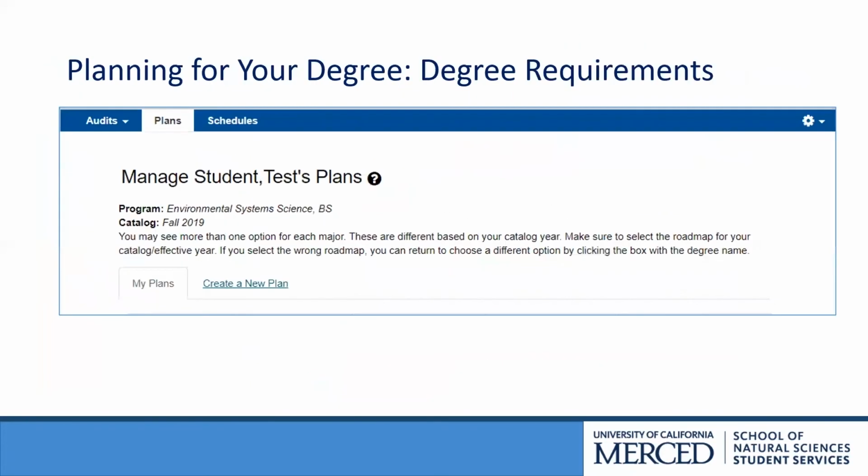So the next piece is the plans piece. We require students to have what we call an educational plan. Right here, there is a test plan. This student is an environmental systems student, on the fall 2019 catalog. If they were to click on create a new plan, what'll show up is